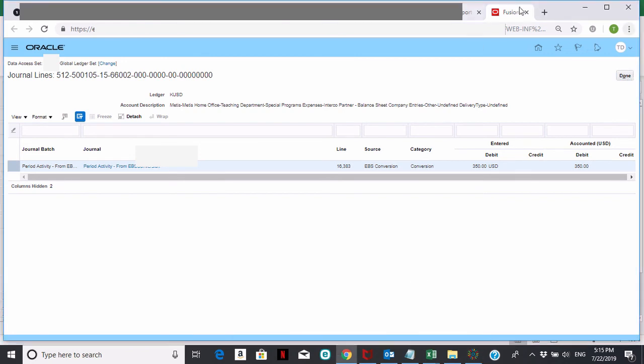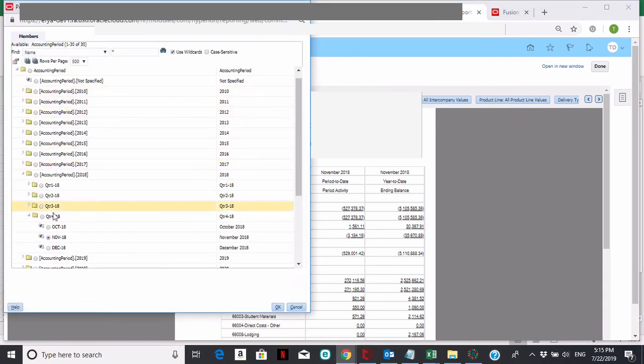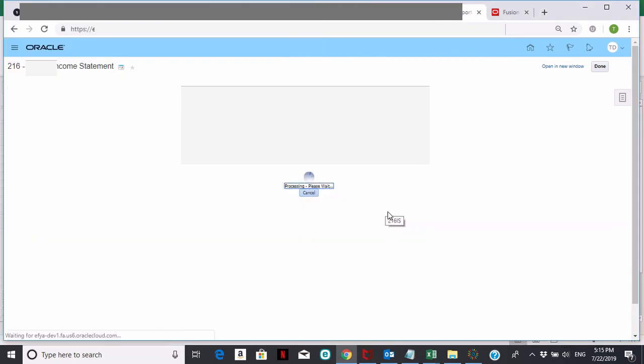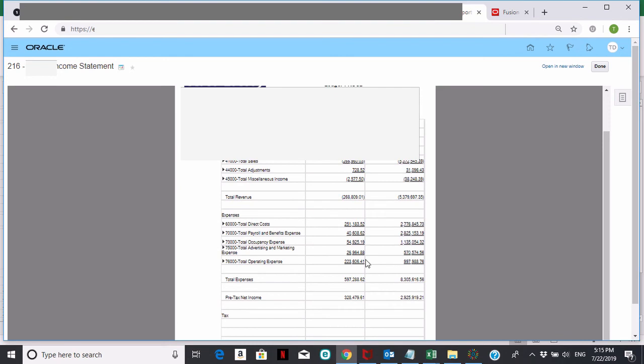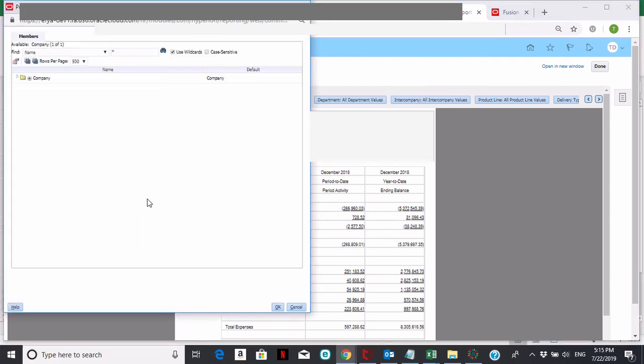So going back to the report, I could just click back on the report here. There's a few things I could do with this report. One of the things I can do is click on any of these fields highlighted in blue here and change it, and it's going to change the report automatically. So if I wanted to see this data for December rather than November, I would just click there and click December, click on OK, and then it would just be updated with the December information. Same thing here. If I wanted to see the same report, but instead of seeing Metis, I wanted to see some other company,